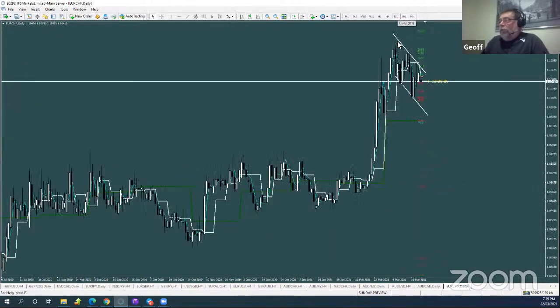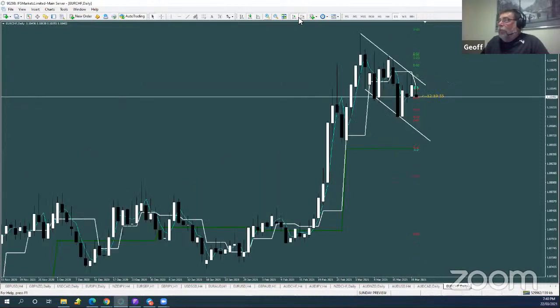But that's where your market structures come into play. And that's where I generally start to look at ranges. And I call these ranges, of course, anything that's bouncing from one to the other and continues to do so. I call a range. And I've actually got one here at the moment. The question mark is, are we in a downtrend? Because the premise of this trade, which is, and I've pointed this out to you guys many times before,